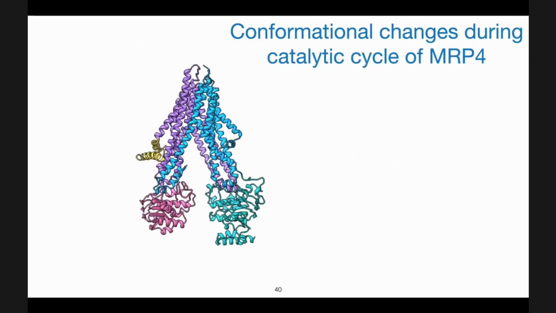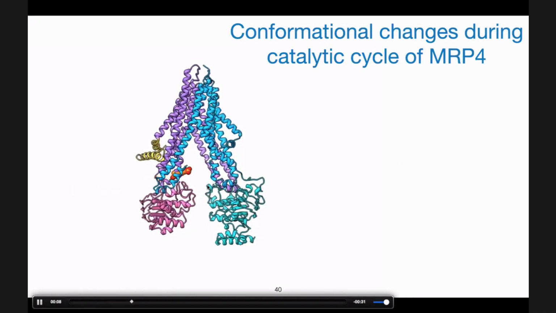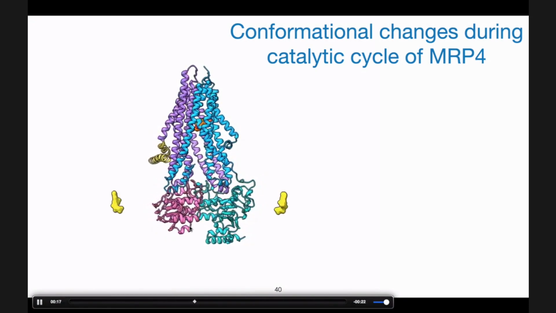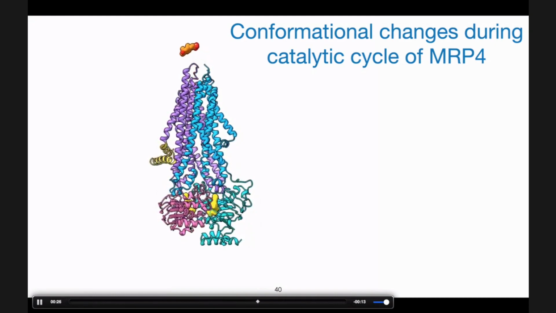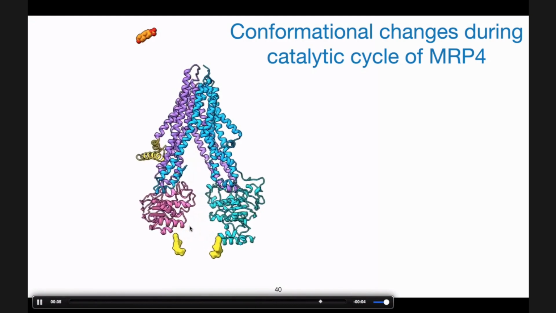So here is another video which will show a bit more about conformational changes during the catalytic cycle of MRP4. So it's a breathing molecule, and substrate comes in, which brings TMDs together and surely the NBDs together because they are bound to the TMDs. And then ATP comes up that closes the molecule again, and that leads to the exit of the substrate. And while recovering, ATP hydrolysis happens and ADP is released, and it opens up again, back to the resting state.